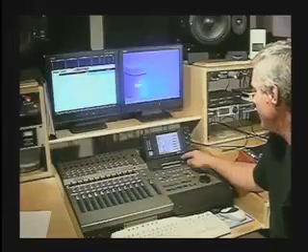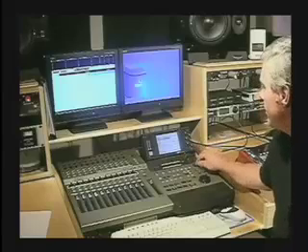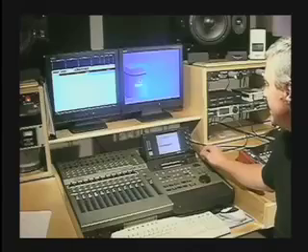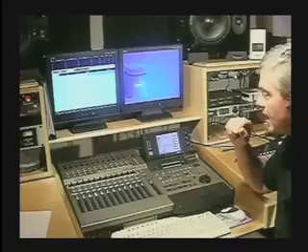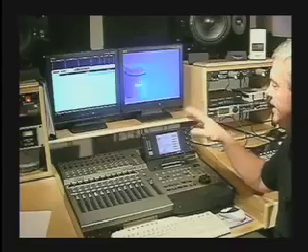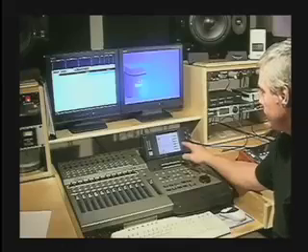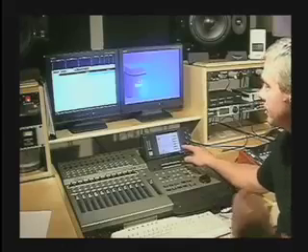And what I'm going to do is turn the dynamics on, library, and scroll down to the preset that says limiter. Recall. As the track is running, I'm going to set the threshold on the limiter. This is a 100-to-1 compression ratio, with a fairly fast attack, although a lot of times I'll speed that attack up so it's really grabbing